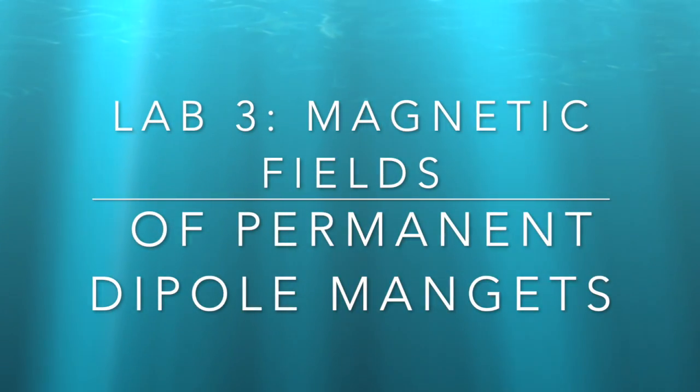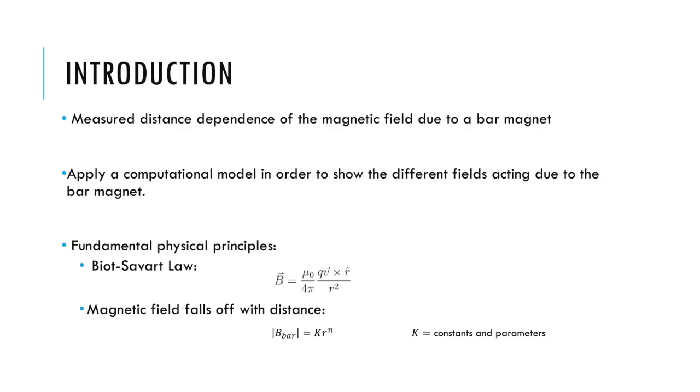Lab 3, Magnetic Field of Permanent Dipole Magnets. Introduction. In this lab, we measured the distance dependence of the magnetic field due to a bar magnet. We did this by first applying a computational model in order to show the different fields acting due to